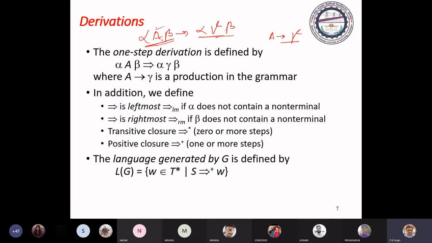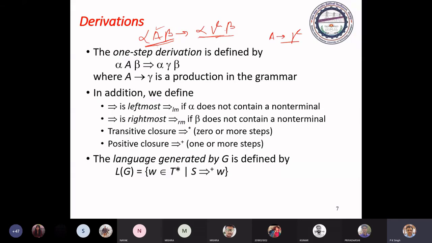Leftmost non-terminal means alpha is a string of only terminal symbols.